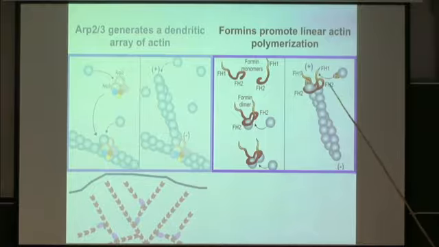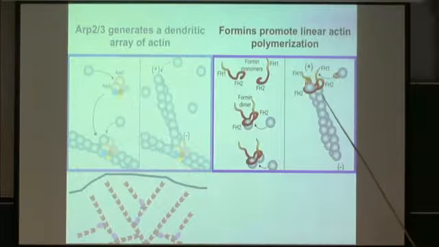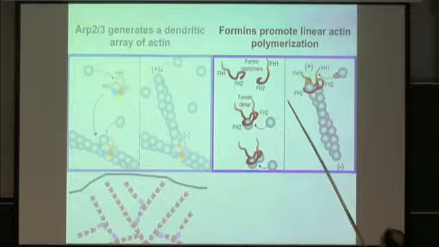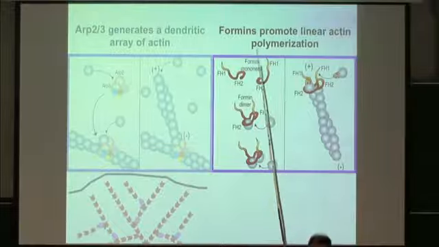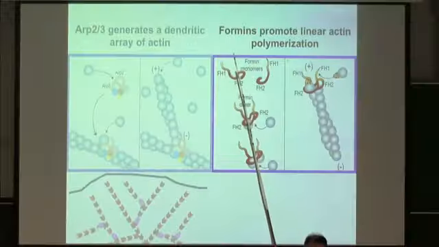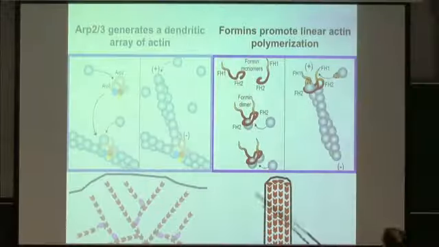So formins strongly promote also the process of elongation of actin filaments. Formins are then not only nucleators but also elongators of actin filaments, and a typical structure mediated by formins is filopodia,